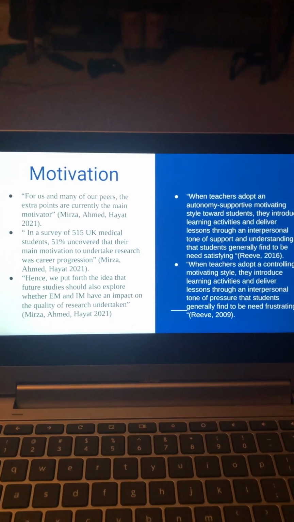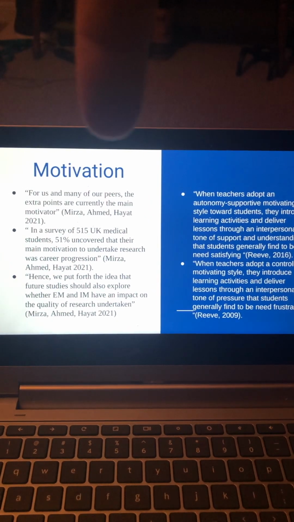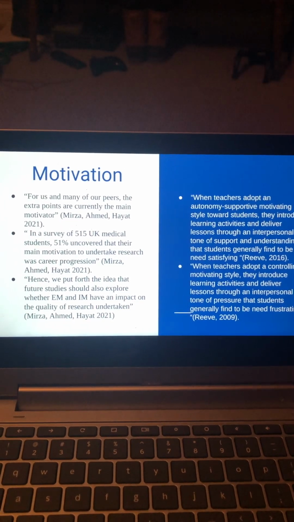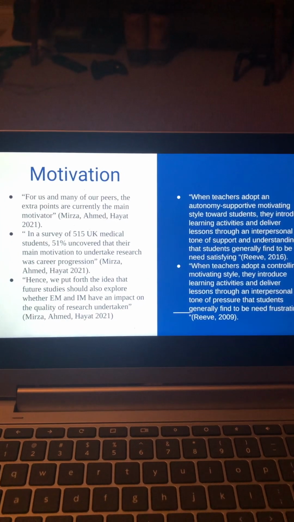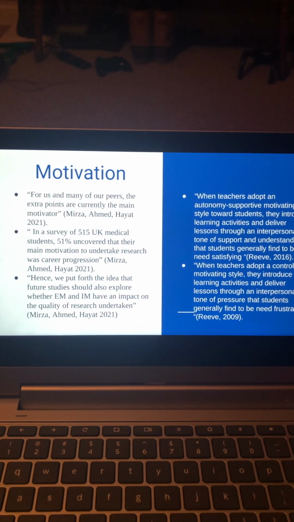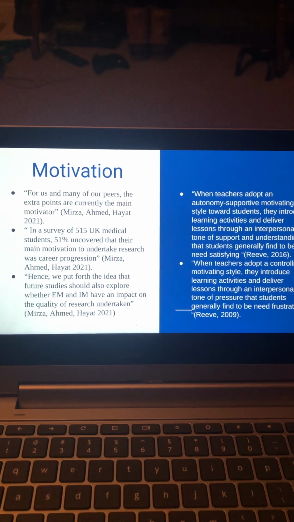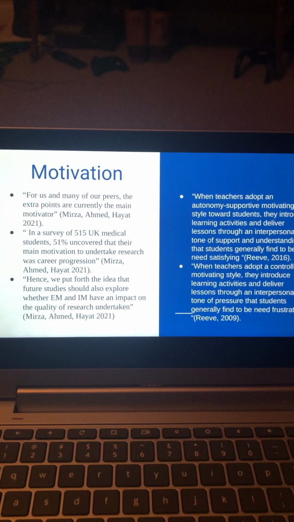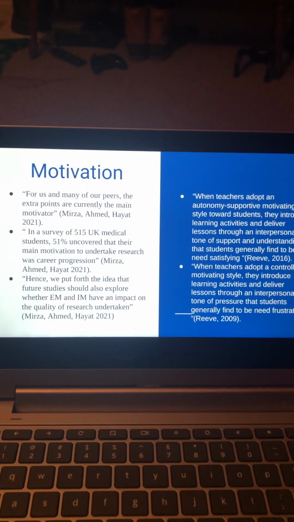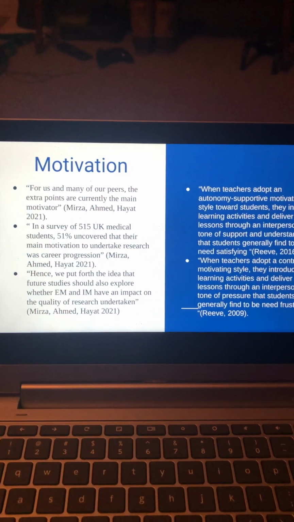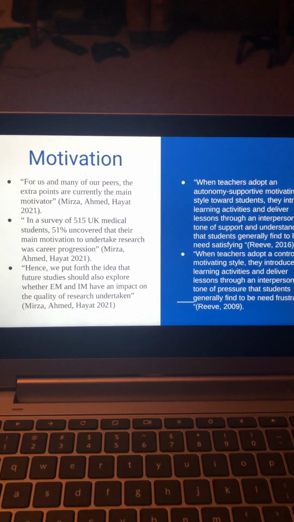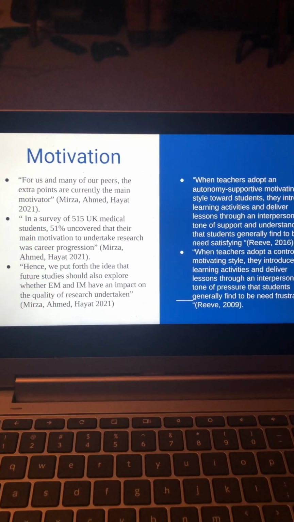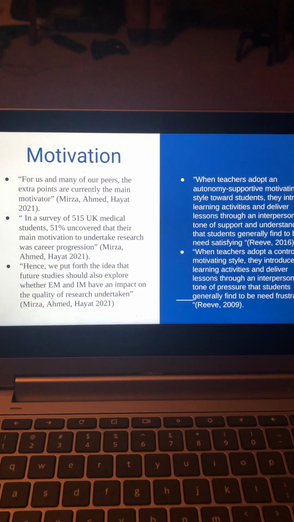This shows the motivations for each side. This left side is from the student study, and this is from the teacher study. From the student study, one of the quotes was: in a survey of 515 UK medical students, 51% uncovered that their main motivation to undertake research was career progression. And their career progression was for 51%, that's pretty even. So that's pretty nice to see, because